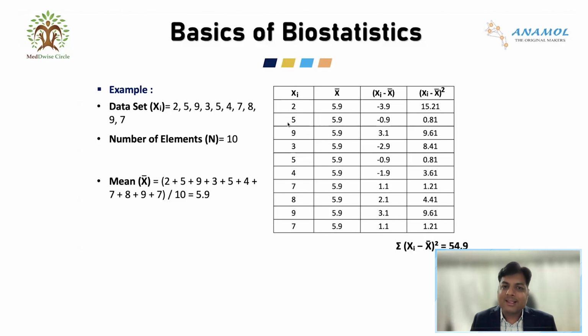Similarly, from the second student who has scored 5 marks, if I subtract the average of 5.9 from 5, I will get a value of minus 0.9. Similarly, from the third student who scored 9 marks, if I subtract the value of the mean, which is 5.9, I will get the value of plus 3.1. So I will do this exercise for all the